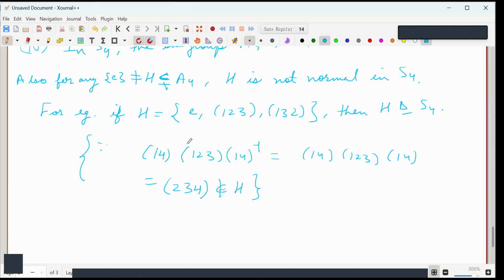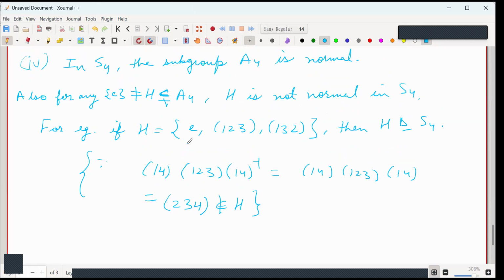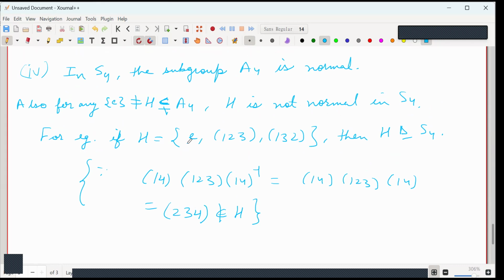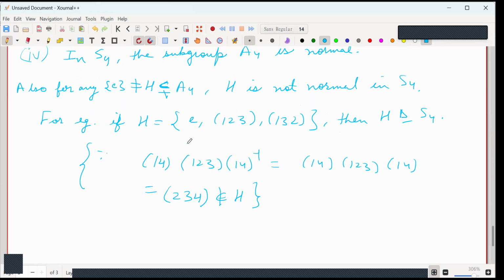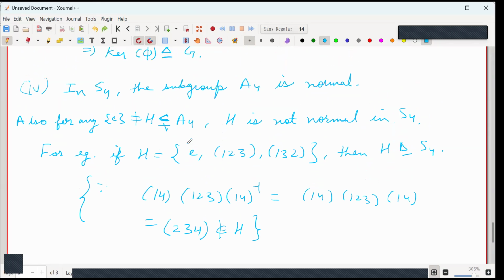Okay. So always try to put some theory in a counter example. Don't try to learn counter examples as they are. You will be able to form counter examples instantly if you remember the theory. Okay, sir, clear? This example is clear, right? Yes, sir. So this I should not write as normal. This is not normal, right? Very strange looking symbol. I will just write in words. H is not